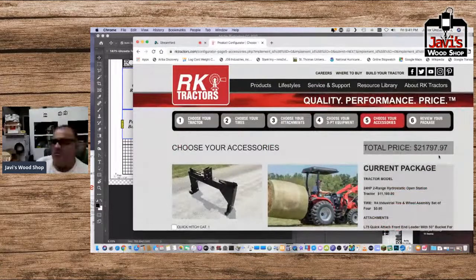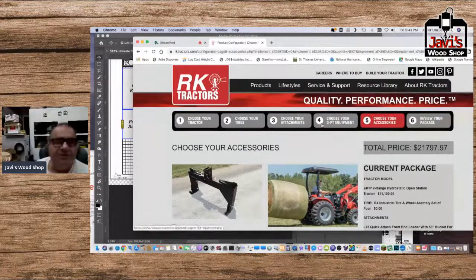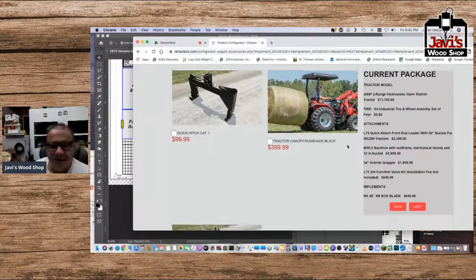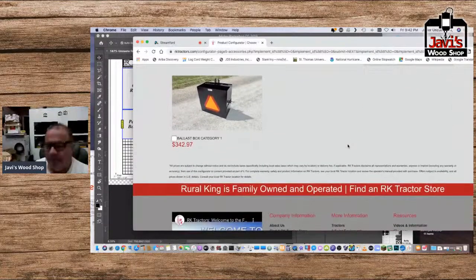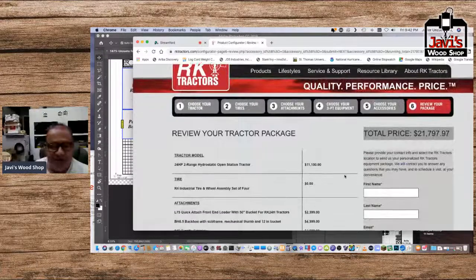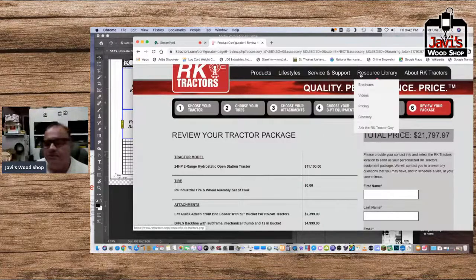And that would be a total of about 22 grand, which is a lot less than I would pay somebody. Let's just say this. If I have to pay somebody to dig out a pool, to do my driveway, to do my grading, to spread the soil, and to get rid of a couple of stumps, I can easily more than pay for that. So that's all going in there. Now, that's very nice, but what I do need is